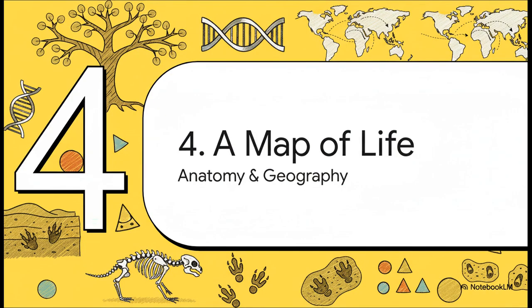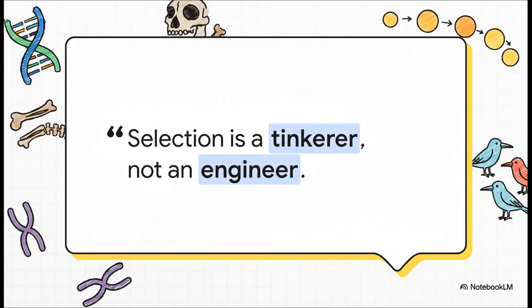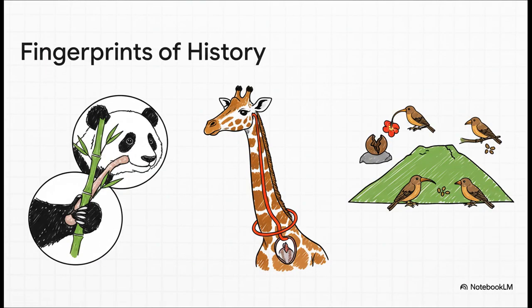So this shared history, it's not just hiding in our DNA, it's also mapped right onto the bodies of living animals, and even in where they live around the world. And you have got to remember this one key thing about evolution. It's a tinkerer. It's not a grand engineer designing things perfectly from a blank slate. Nope. It can only work with what's already there, which leads to some pretty quirky, good enough solutions instead of perfect designs. And these quirks are the best clues.